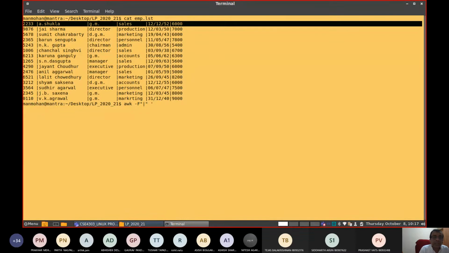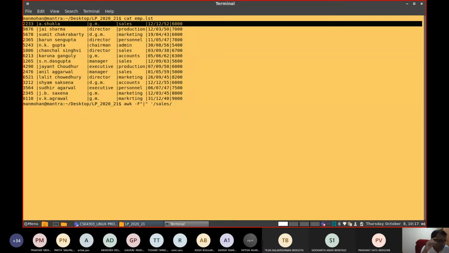So write, take their department, say sales, then close it with the vertical line. Then write the action field. That means you want to print details of the sales people.